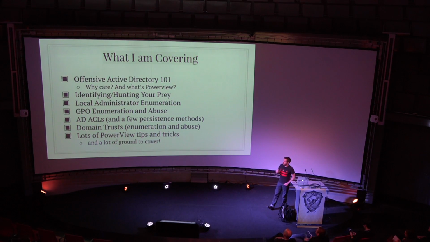I'm going to go over local administrator enumeration, which is one of my favorite features in PowerView, but how you can determine the members of a local group on a remote machine without administrative privileges, and you can do some really cool stuff with that. I'm going to go over GPO, Group Policy Object, enumeration and abuse, some really cool stuff you can figure out with just talking to a domain controller, some stuff on Active Directory ACLs with permissions,